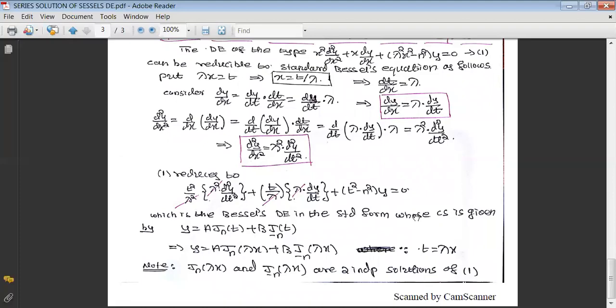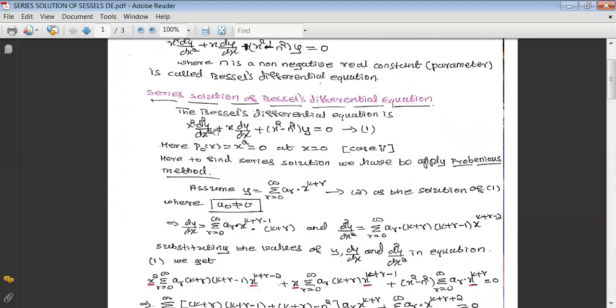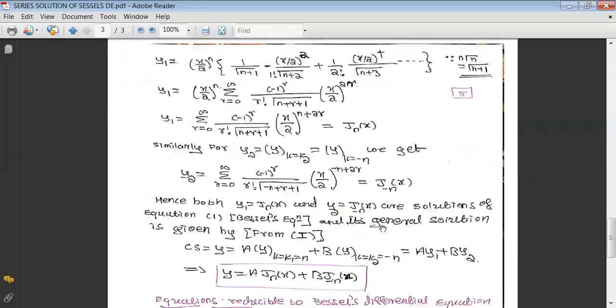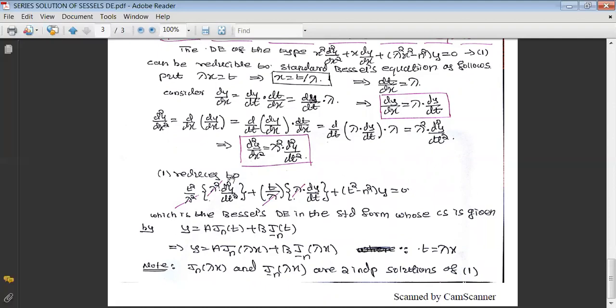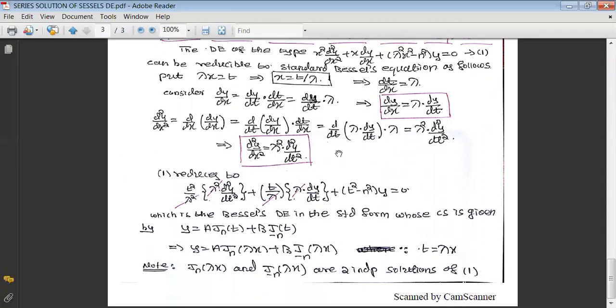Earlier, what we have discussed, or what we called in equation 1, this is the Bessel's differential equation with x as the independent variable. But here, when we reduce that one to the standard Bessel's form, we are going to get a Bessel's differential equation with t as the independent variable. Now, its solution is given by, once the differential equation where x is the independent variable in the Bessel's differential equation, its series solution is written as y equal to a into J n x plus b into J minus n x, but there x is the independent, but here t is the independent.